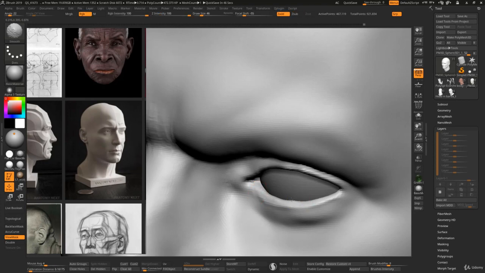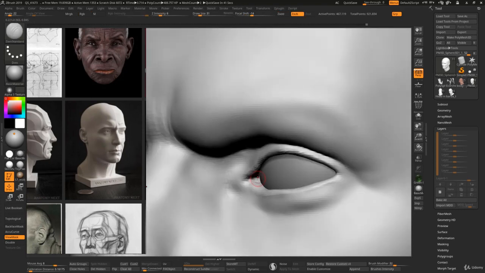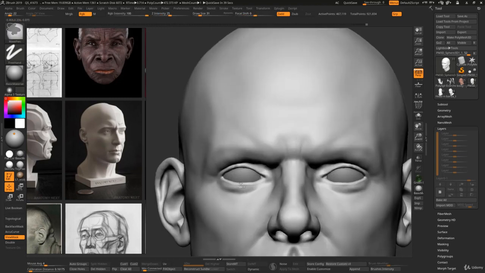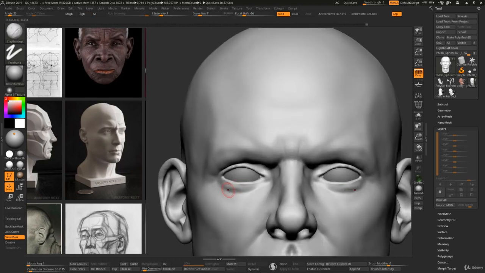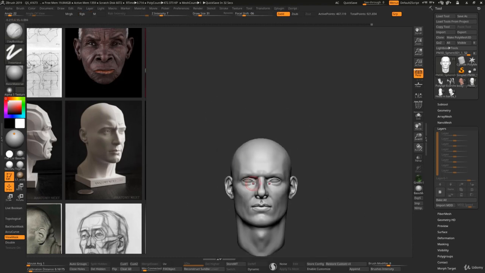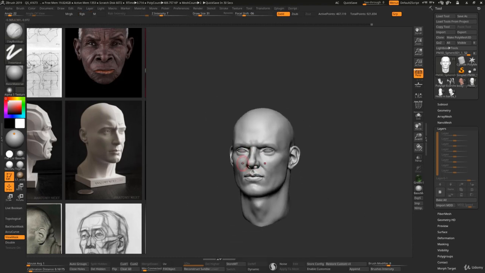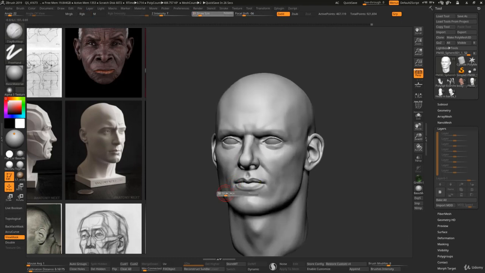Okay. Yeah, I think to continue here, we're really going to need more density. But in this view, I'm feeling that maybe